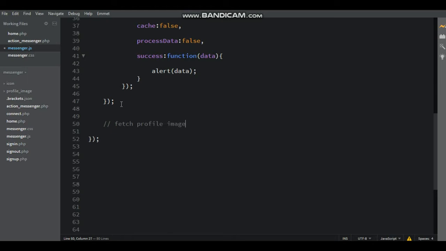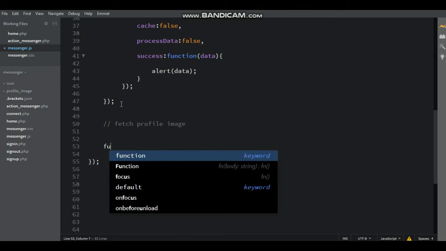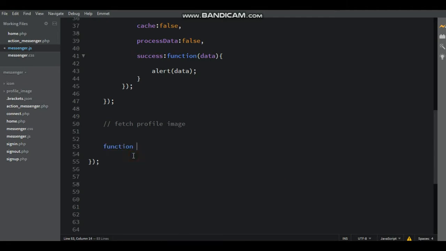Now using function, write function and then fetch_profile_image, open and close bracket, after that open and close curly bracket, and then same copy fetch profile image, paste above that, close with semicolon.